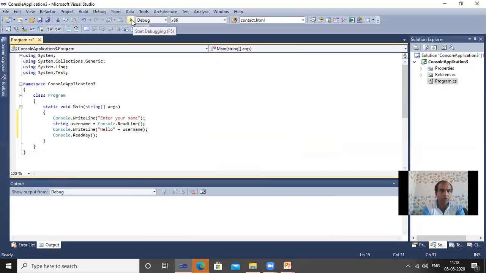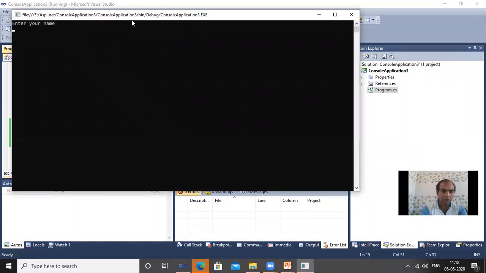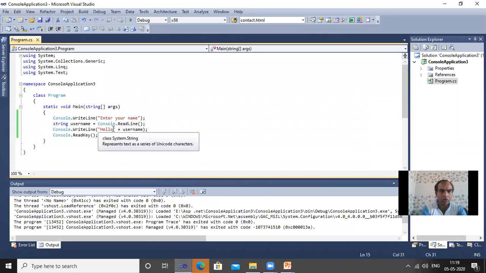Now see the output. I'm just executing the program. F5. Enter your name. Then the enter key. So it displays hello and BP. If you want to leave a space between hello and BP, we can again use the concatenation, or before the quotes we just leave a space. Otherwise, plus